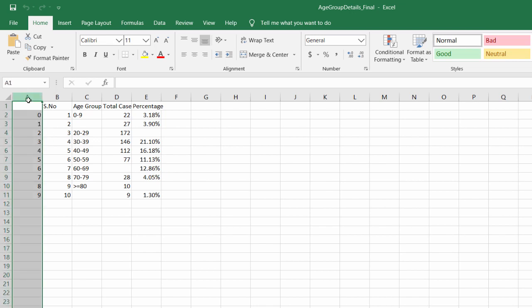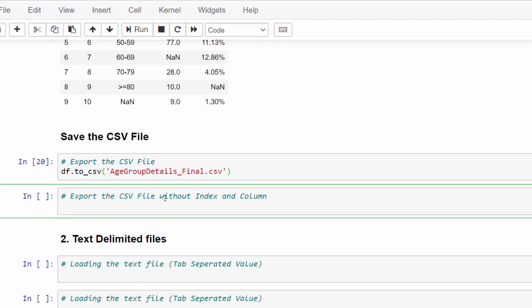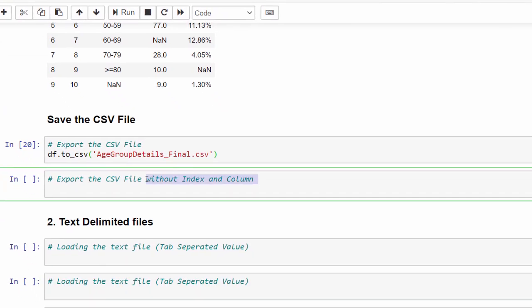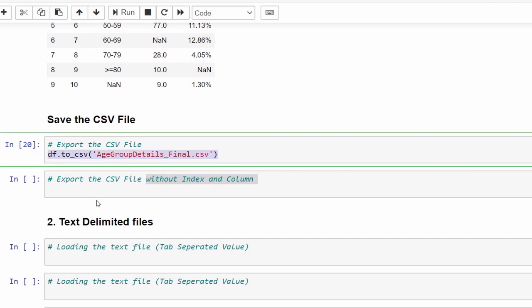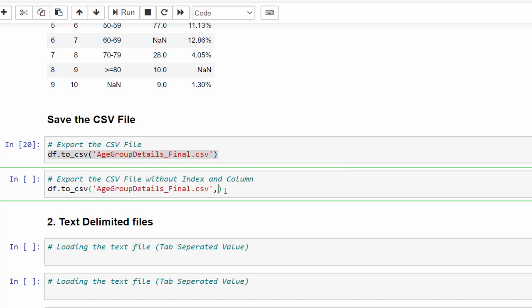One important thing: when you export, it will export with the index also. For example, I don't want the index numbers and column names while exporting. Then we have to add a few more arguments, that is, mention index equal to False, then header equal to False.